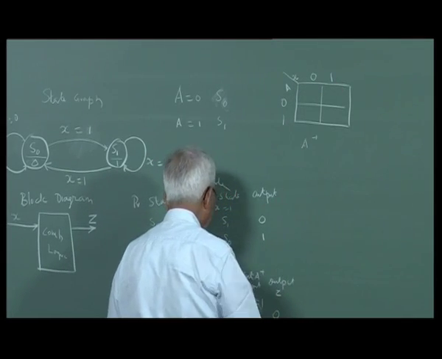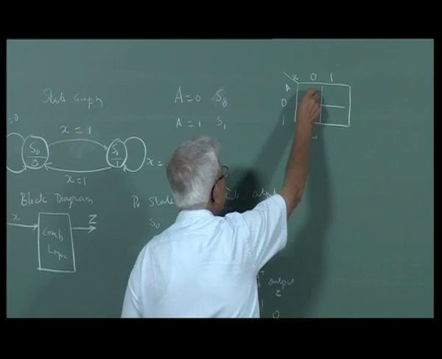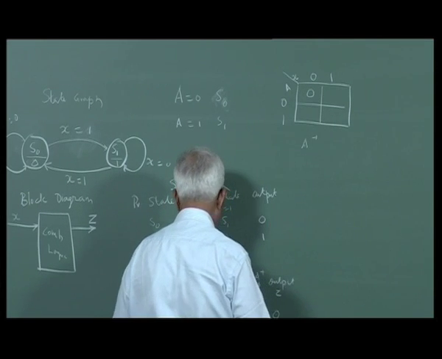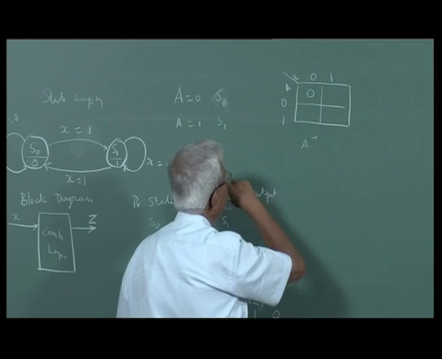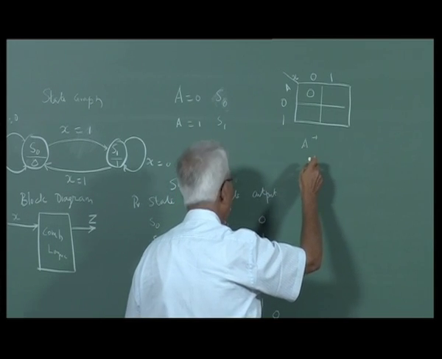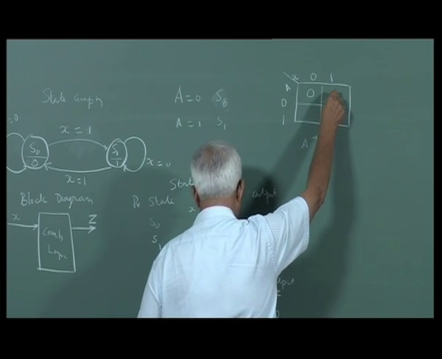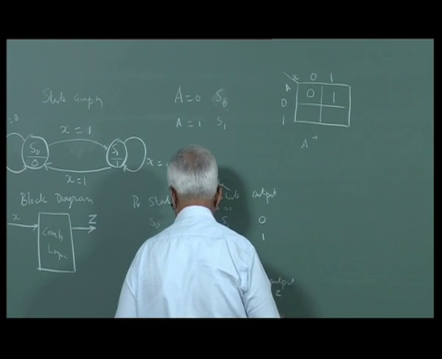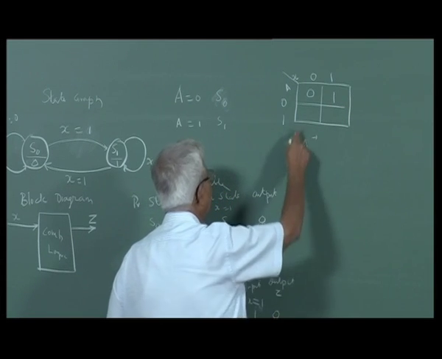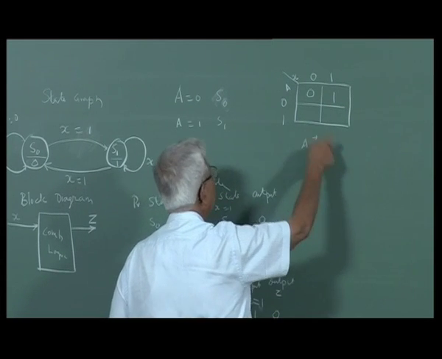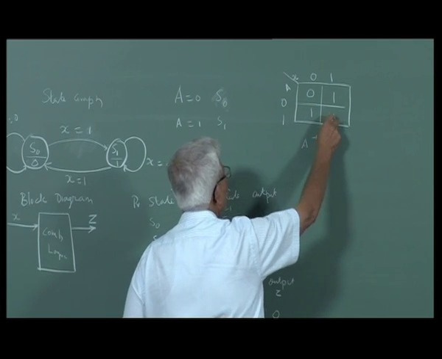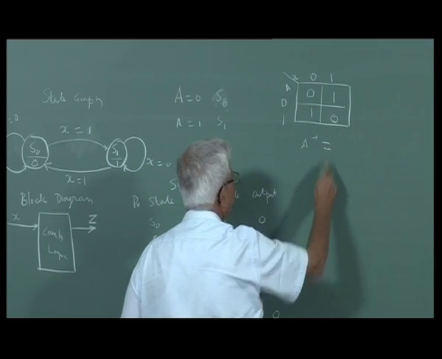A is 0, x is 0, this is 0. A is 0, x is 1, this is 1. A is 1, x is 0. So, this is my A plus equation,